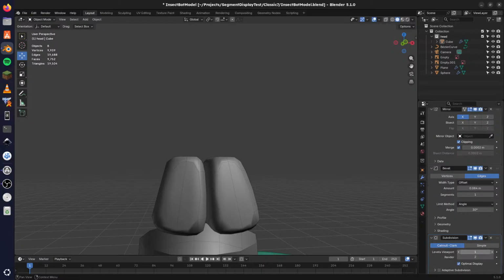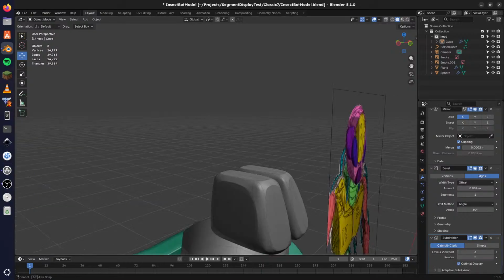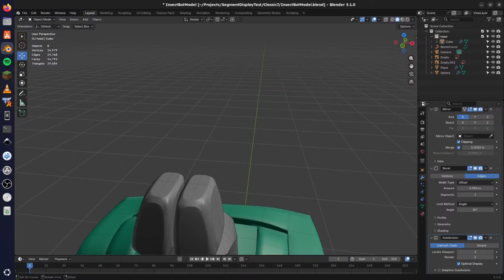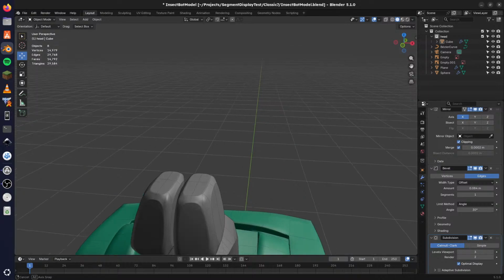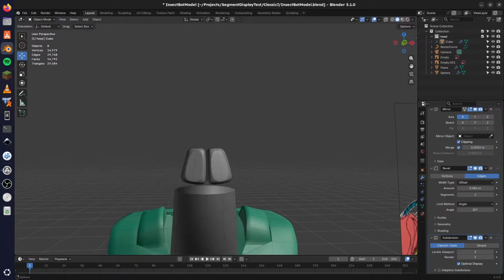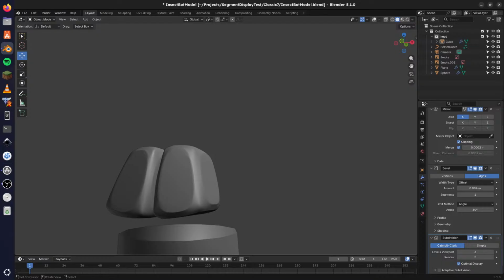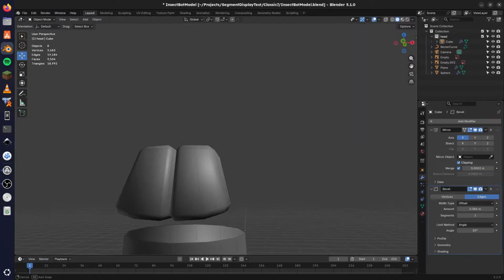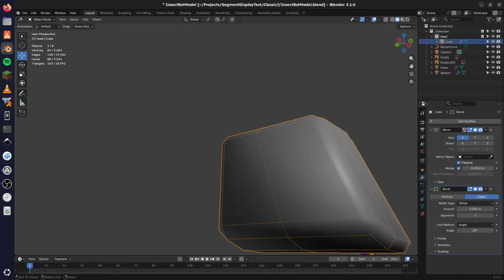Let's turn up this subdivision surface here. Oh, interesting. Oh, because it's before. Interesting. Let's see what it looks like without that. Yeah. I don't need that subdivision surface modifier. I don't think I do. What I do want to do is